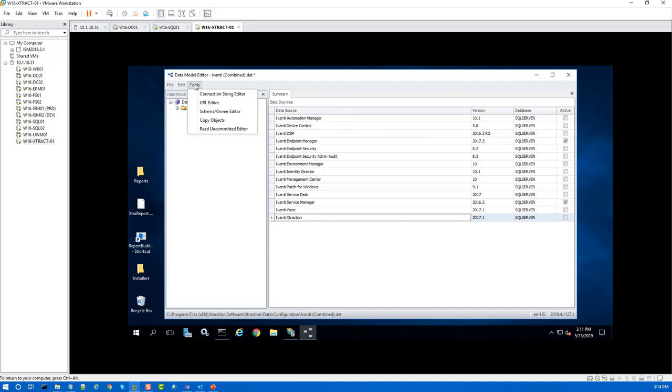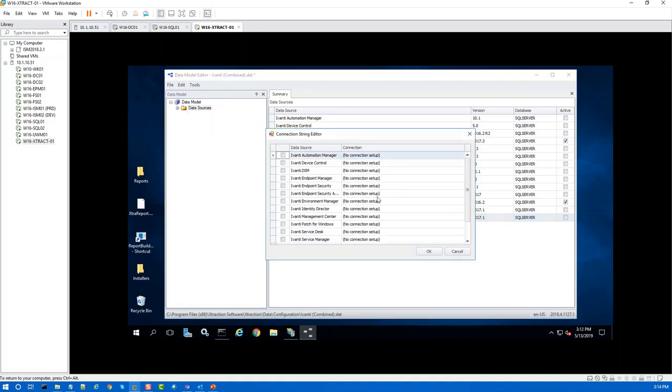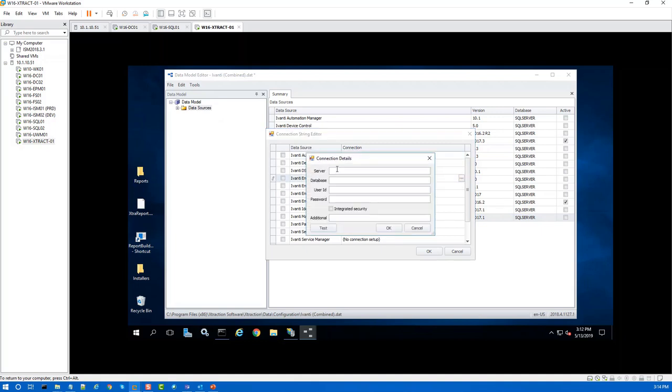For that, we'll go to Tools, our Connection String Editor. We'll choose our Endpoint Manager and select that. Our server will be our SQL server. Our database in this case is EPM. Our user ID is